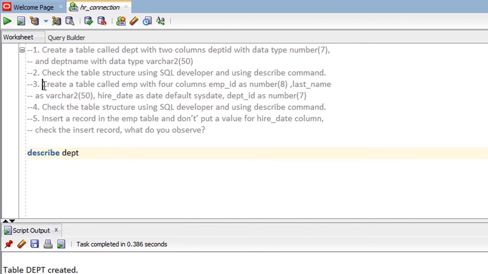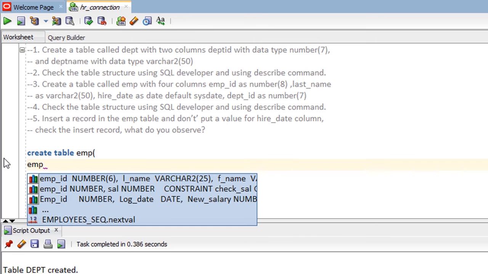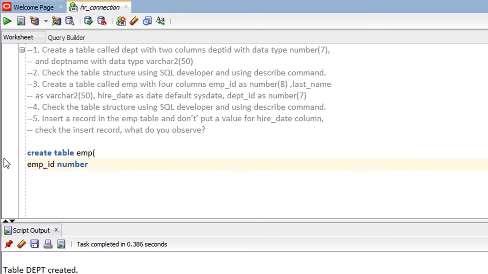Here in the third practice, create a table called EMP with 4 columns. EMP ID, number of 8, last name varchar 250, hire date as date, default sys date, dept ID as number of 7. So we can use create table statement, EMP, open a brace, and then define the columns. We have EMP underscore ID number of 8, and we have last underscore name varchar 250, and we have also hire underscore date